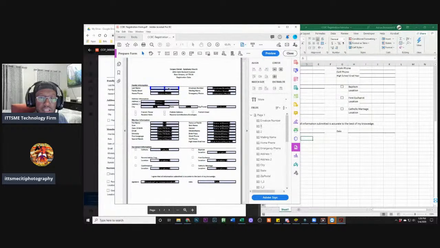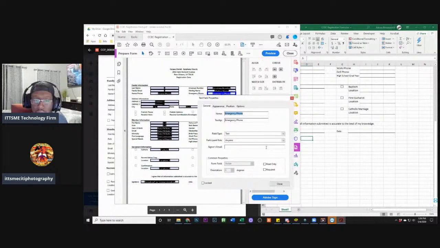So first, let's see what type of field this is. That's gonna be a text field, family email, text field, home phone, envelope number. And I don't know if envelope numbers have letters in it, so I'm gonna leave that as a text instead of just number. Emergency phone, field type,